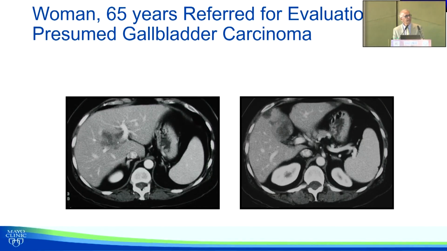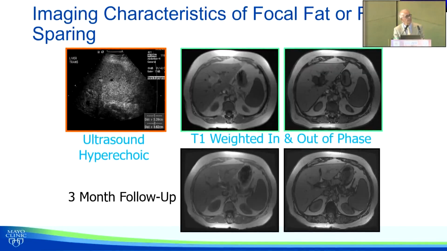And then there's focal fat change. So you can see focal fat. This is a picture that I showed at INASL. This is a patient who was referred to us from India as a gallbladder cancer. But you can see here, first notice that it's geographical. It is not round, and there are blood vessels going through it, and it's towards the falciform ligament. So this is hyperechoic on ultrasound. So hyperechoic is, Arun, remember, fat or multiple blood vessels. Okay, that's the most common.